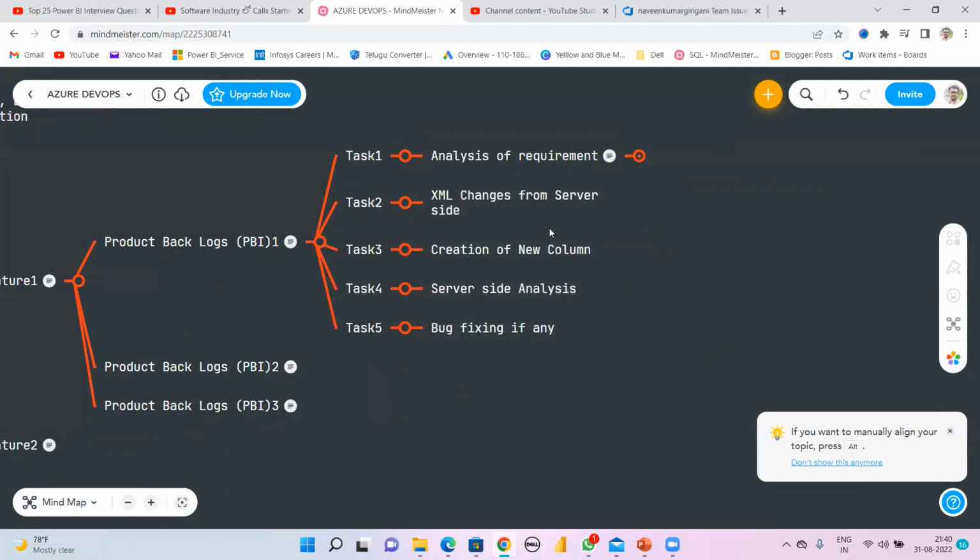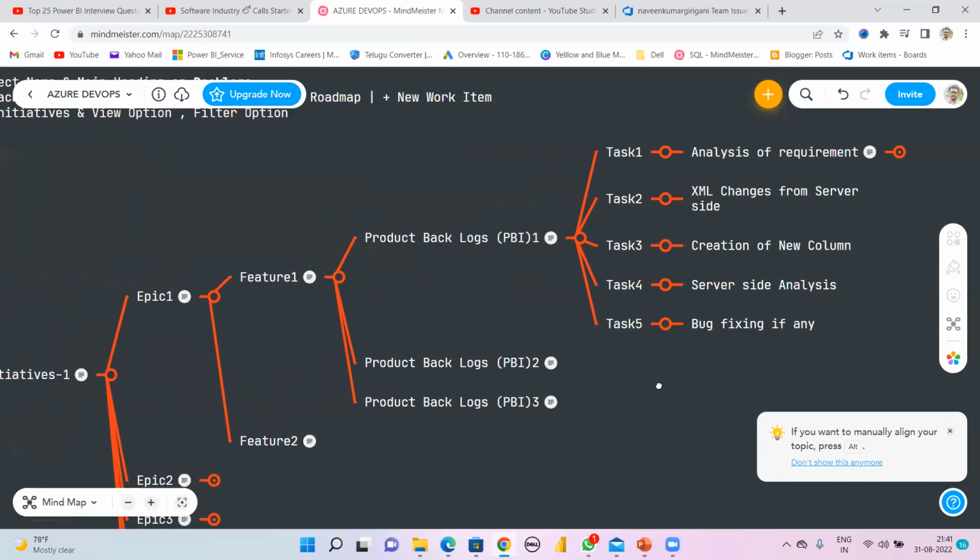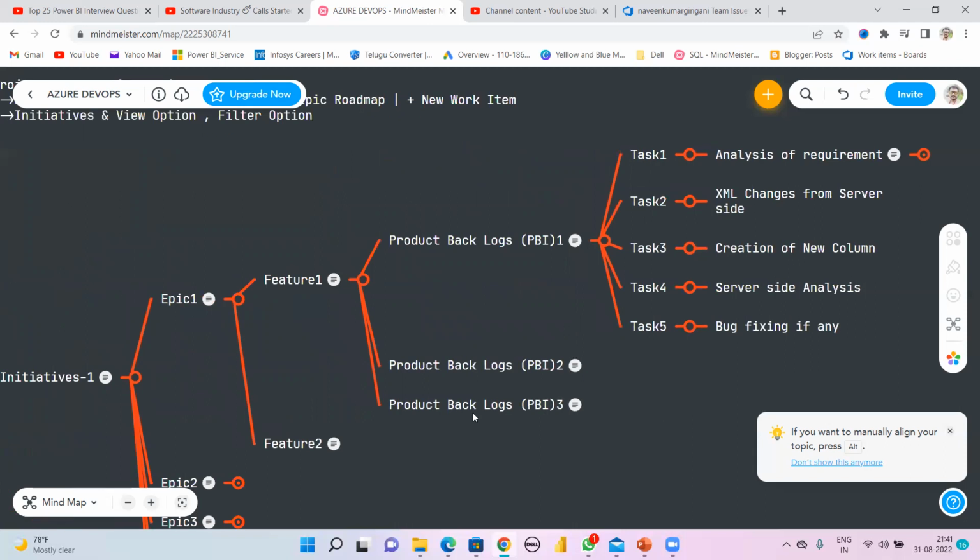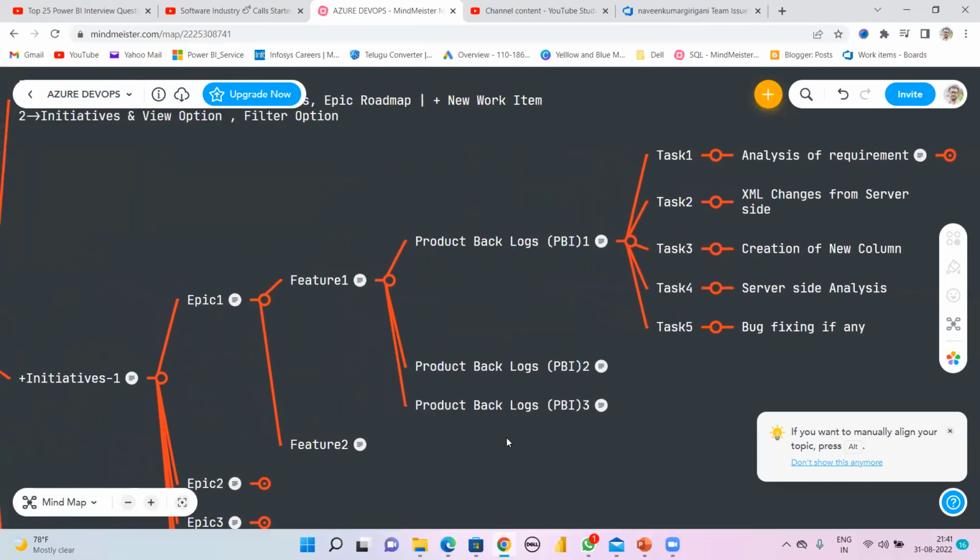Like this, you may create tasks for 6 hours. If you may not complete today, then you may postpone it for tomorrow. When you come tomorrow, you log in and then start the analysis. And if you complete it in 4 or 3 hours, then you may complete this one. So this is the way of explaining. This is the high level explanation about Azure DevOps. This is the only thing you see daily.